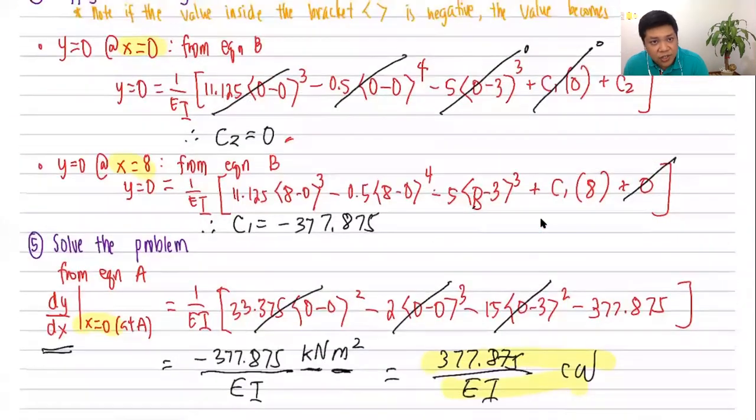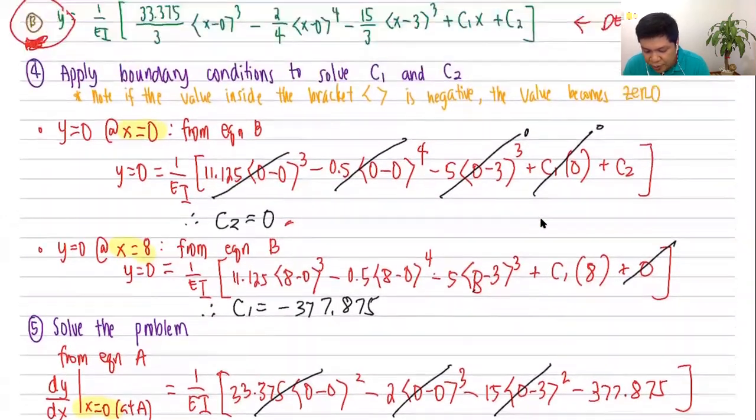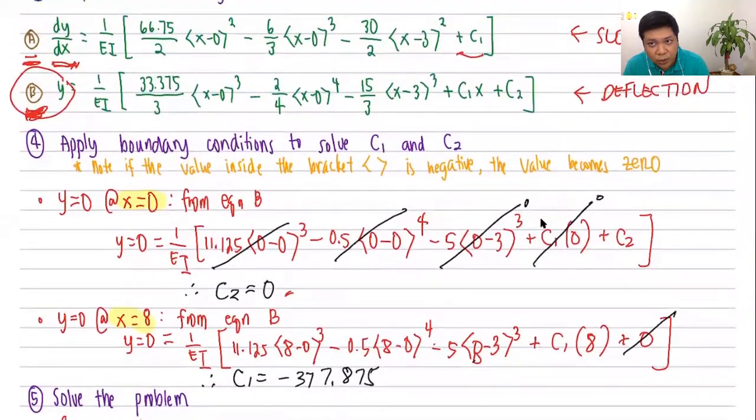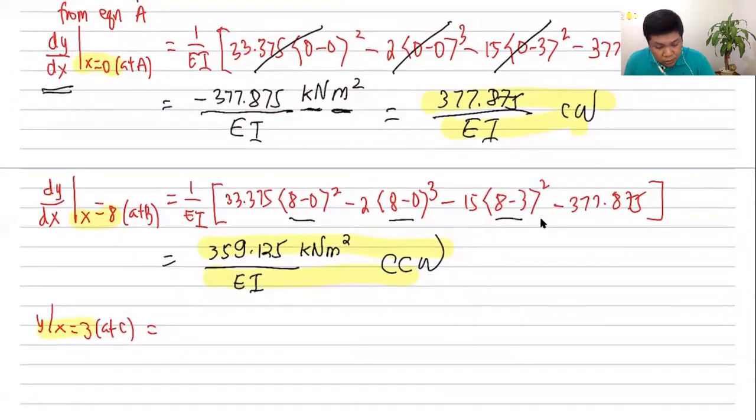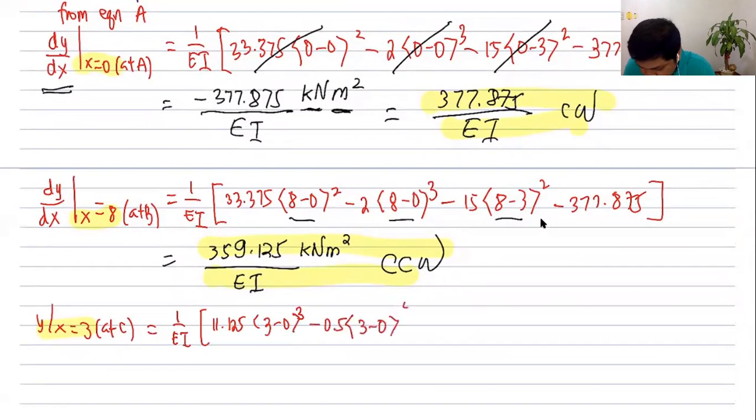So we use this equation over here, equation B. But substitute x equals, where is that? X equals 3 to this equation over here, equation B. So together now, 1 over EI times 11.125 x minus 0, that's 3 minus 0 raised to 3, minus 0.5, 3 x minus 0 raised to 4, minus 5, x minus 3 or 3 minus 3 raised to 3, plus C1x,